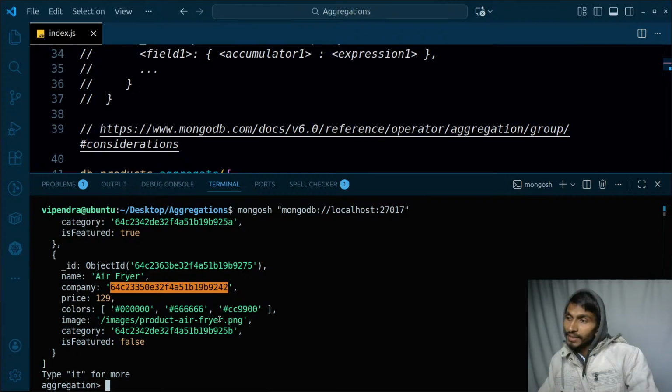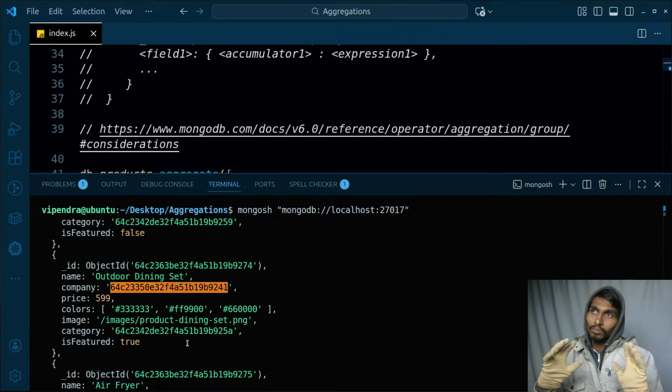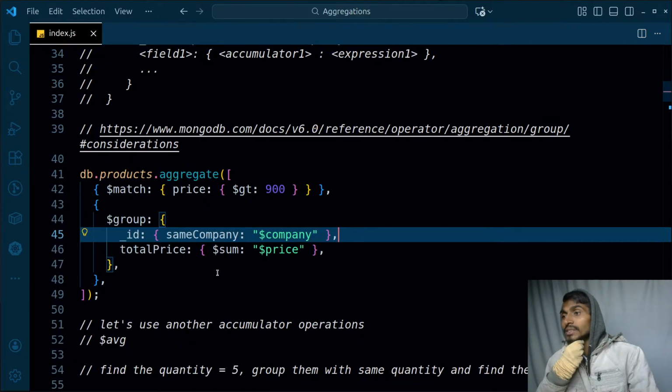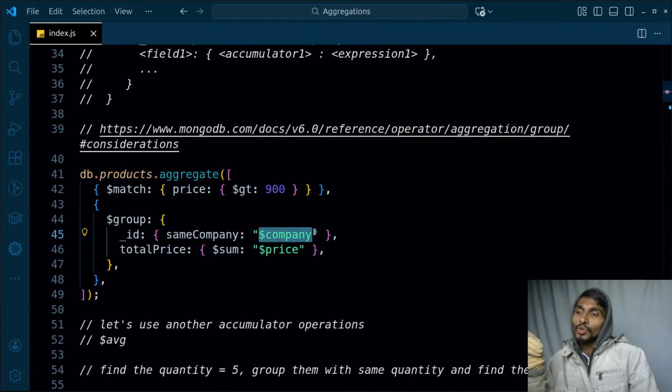Does company have an ID? Yes, company does have an ID. Are those IDs going to be the same sometimes? Probably a really high probability, because these are products, and products can be from the same company as well. So the company ID is going to be the same. That's fine. That means same company. This is just a keyword, you don't need to worry about it. $company simply makes sure that